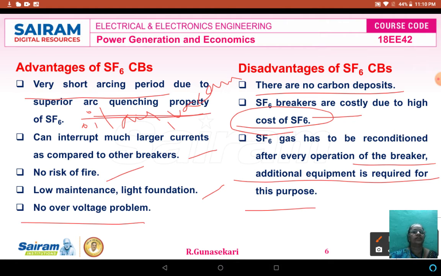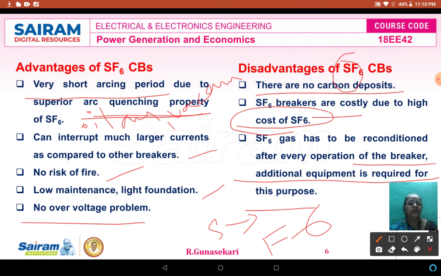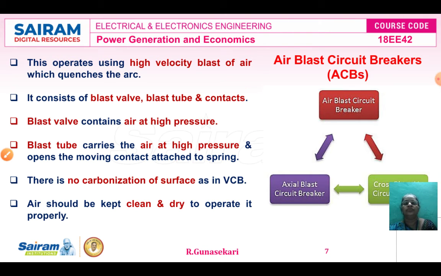SF6 circuit breaker, that is sulfur hexafluoride. S denotes sulfur, F is fluoride, hexa means 6. So therefore the SF6 is nothing but sulfur hexafluoride. Okay, then next we study the air brake